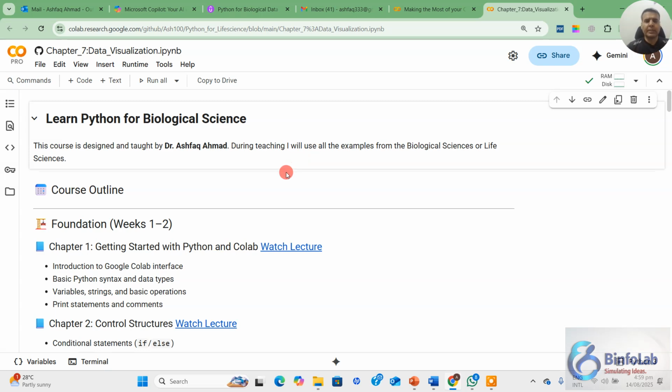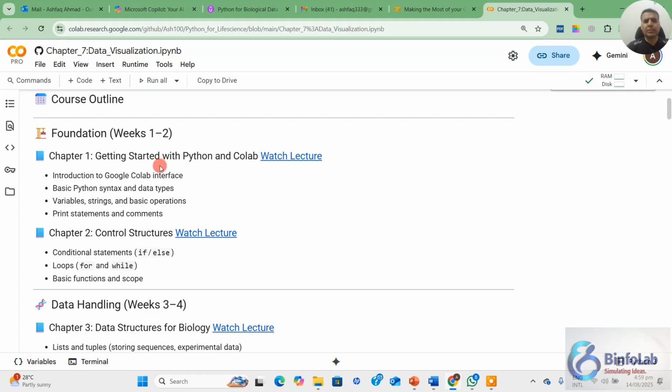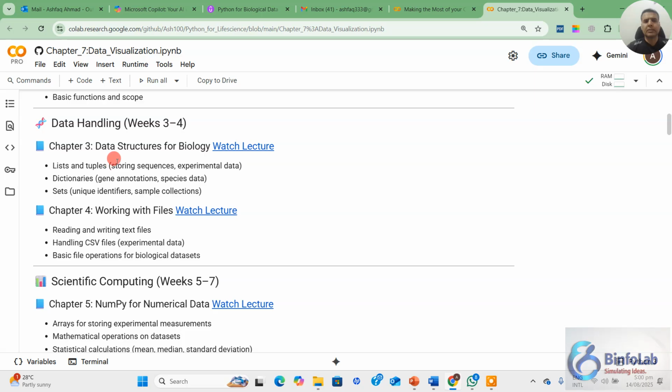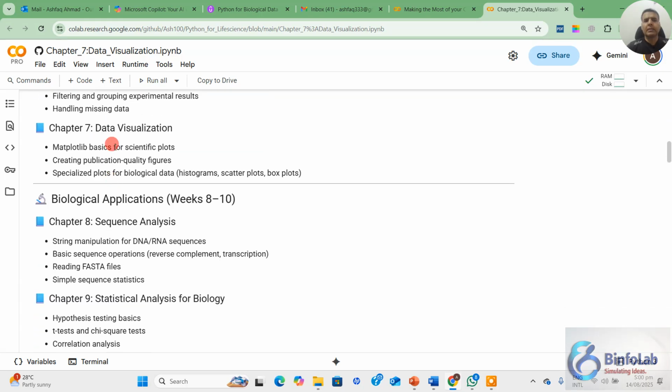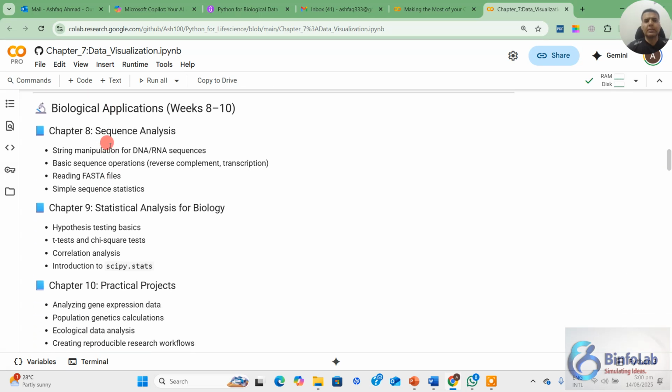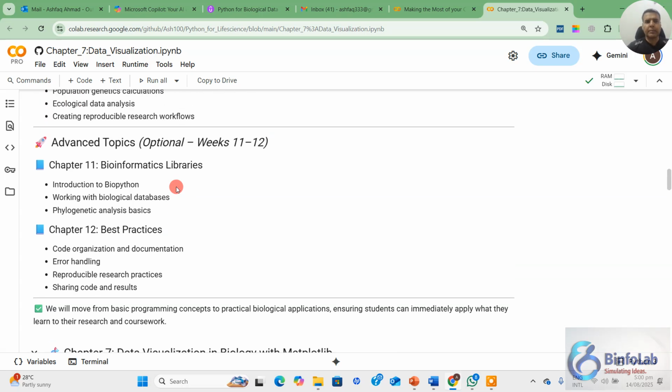These are the chapter-wise contents we have covered so far. Chapter 1, getting started, a foundation chapter, control structure, data structures for biology, working with files, NumPy, and pandas, and data visualization. Today we will complete the data visualization part, and then we will proceed to some biological applications and some practical chapters. Okay,